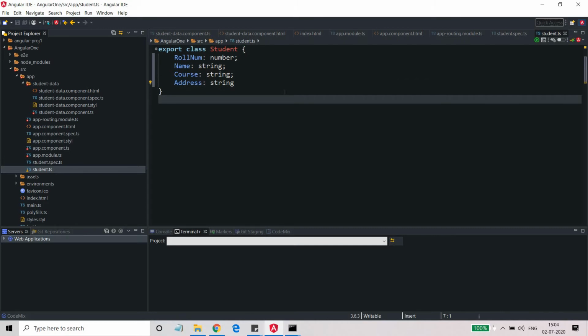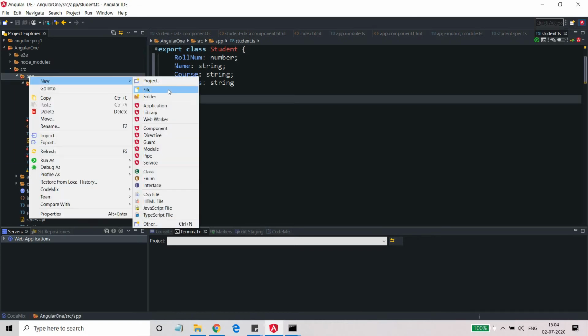Our class is ready. The attributes for a student class have been defined here. Now we have to create an array of students. As of now, I'm not using any service to get data, so I will create dummy data, an array of students, in my application.